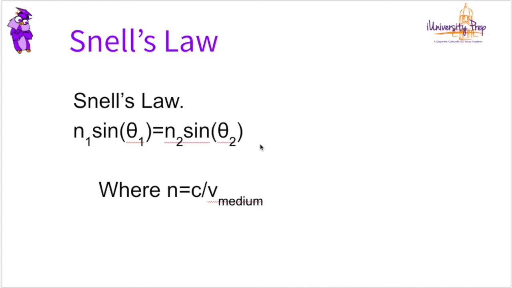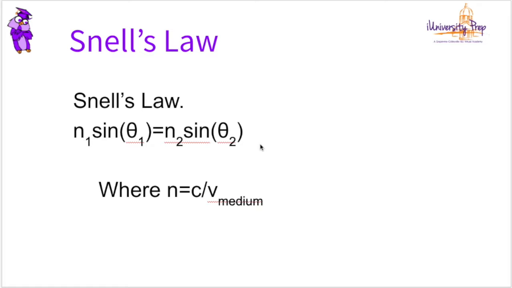The relationship at which light will bend as it enters a new medium is based upon Snell's law. And this is what Snell found: whenever you take the index of refraction times the sine of the incident angle, so the angle going in, and that index of refraction is for the material that it's currently in, and we'll talk about what that means in just a second. If you take those two values and multiply them, it's equal to the index of refraction in the new medium times the sine of the new angle,